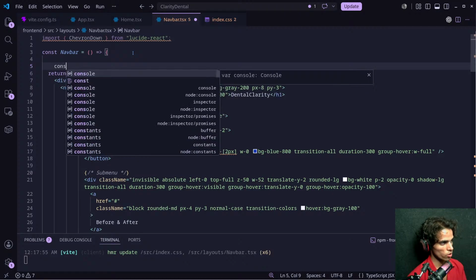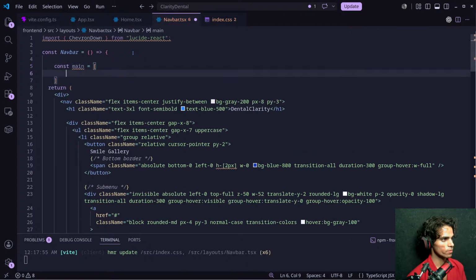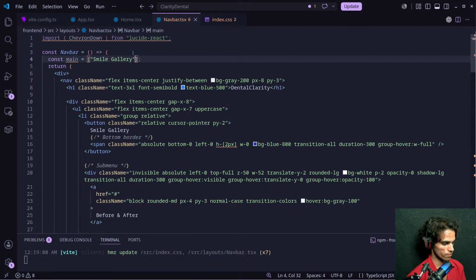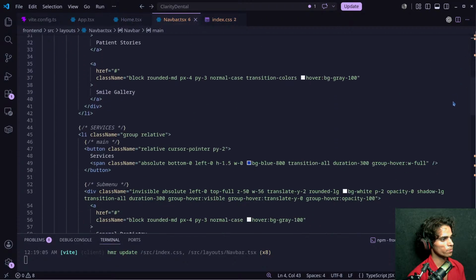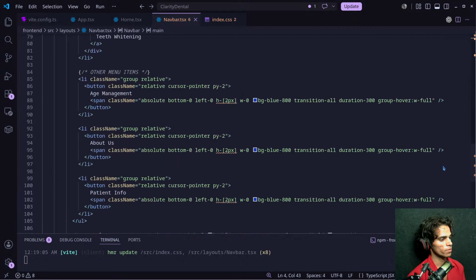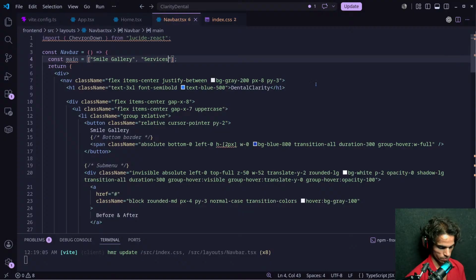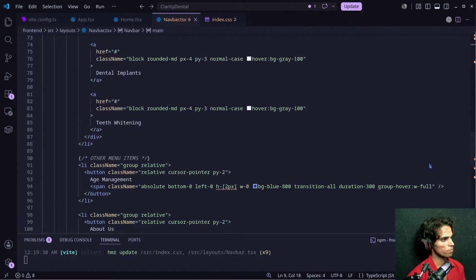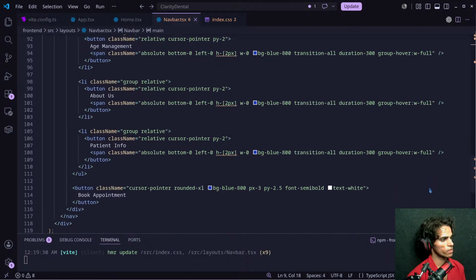So const main, and inside main we will have a small gallery, then services, and after services ads management, about us, and patient info or something else. Yeah, this is what we have.